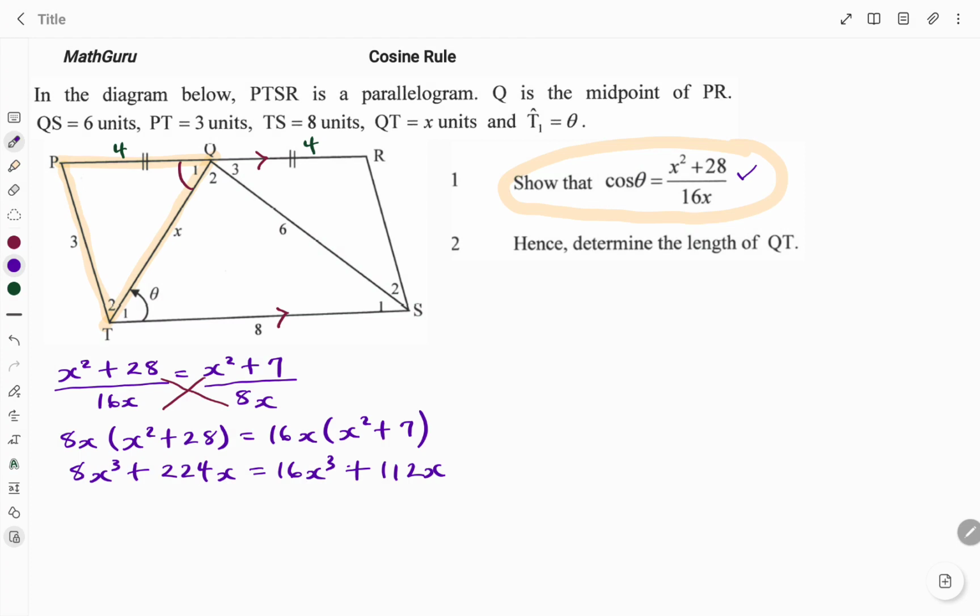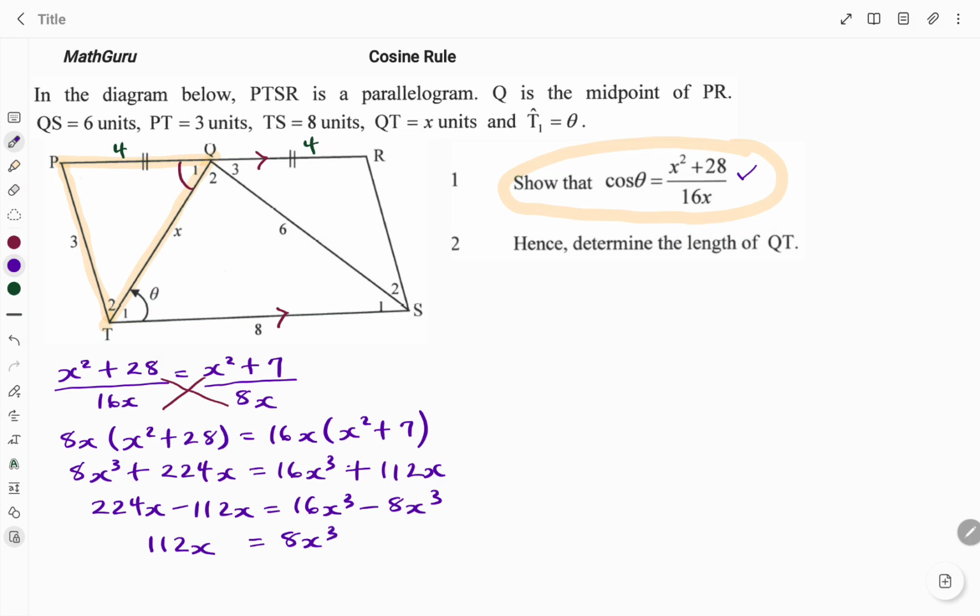And if I collect all the like terms on my left hand side, I have 224x minus 112x equals 16x cubed minus 8x cubed. I have 112x equals